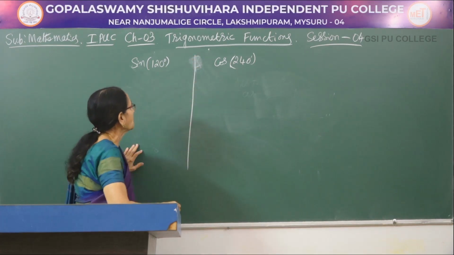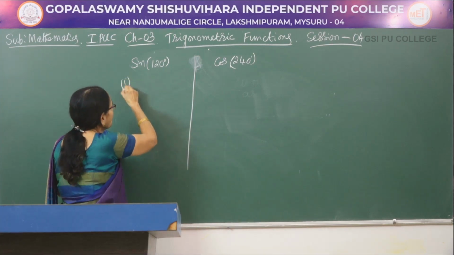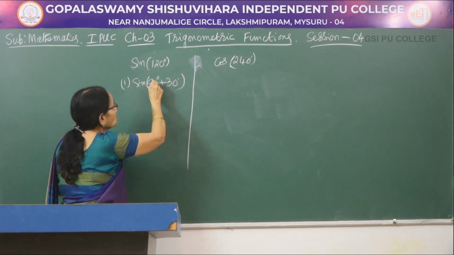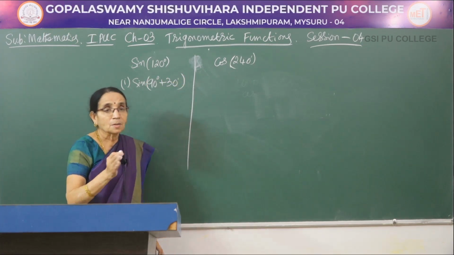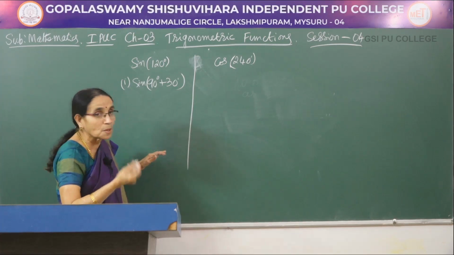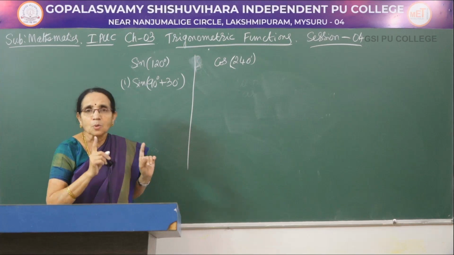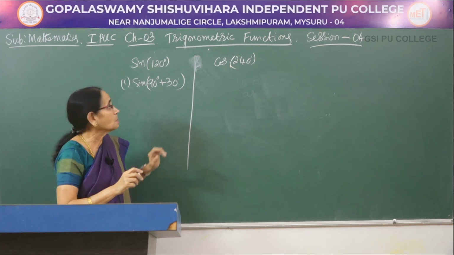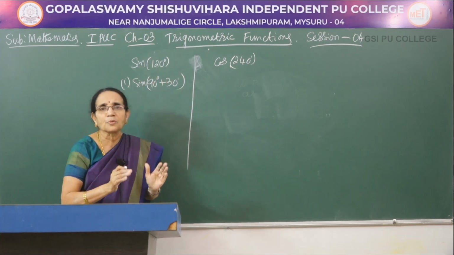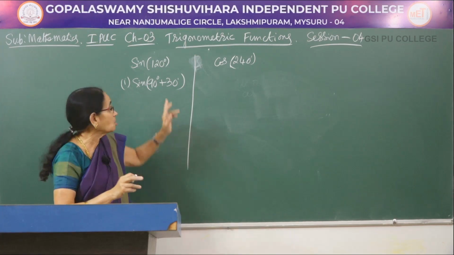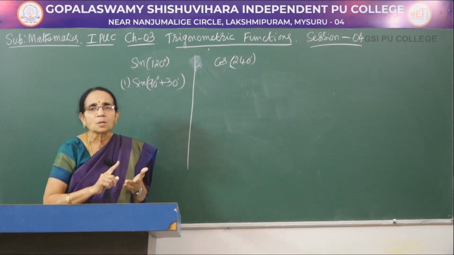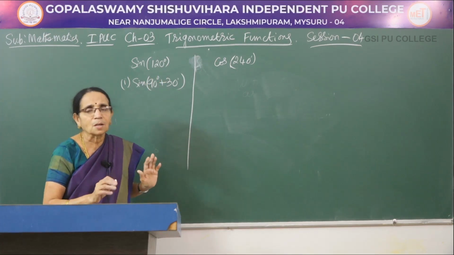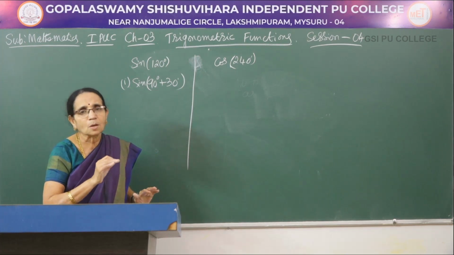Sine of 120. First method, I write it as sine of 90 plus 30. I told you I have to change the function to co-function; that I am explaining now. Sine of 120, I am using the first rule here. It can be written as 90 plus 30. And another thing, you remember, when you express the angle as a sum or difference, you cannot use any other angle. You have to use the quadrantal angles, 90, 180, 270, 360. Don't write it as 100 plus 20 or 110 plus 10, not like that. You have to use those angles only. Then only the rules can be applied.